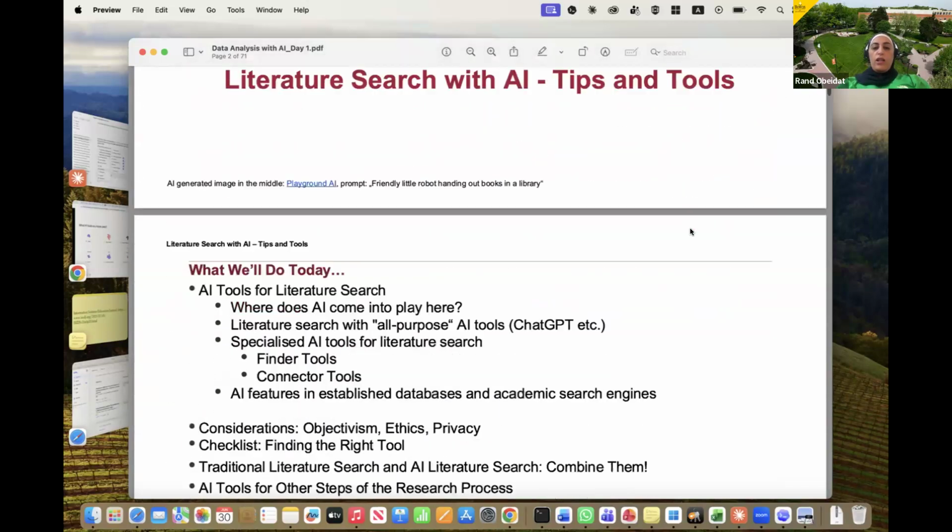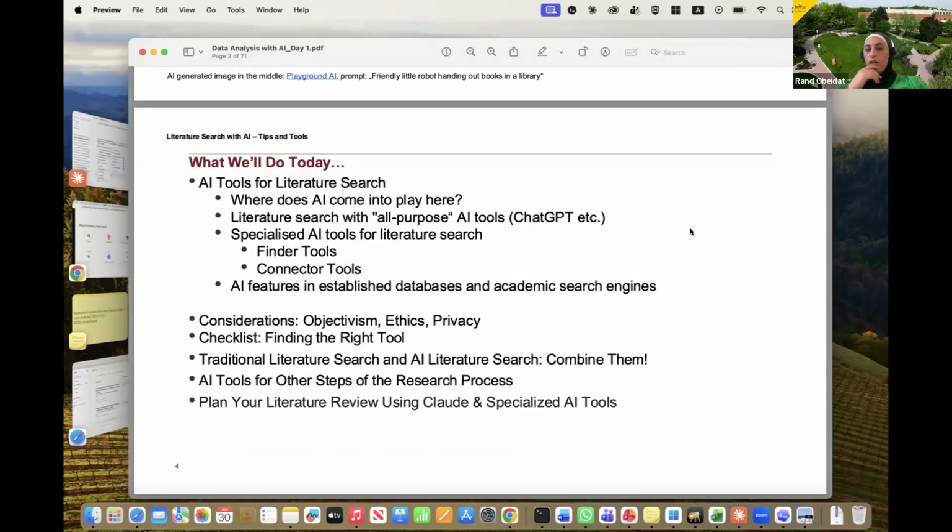Okay. So in today's session, we will discuss where AI comes into play, the literature search with general purpose or common AI tools versus specialized AI tools, the different tools categorized as connectors as well as finders, what kind of AI features are available in the established and traditional databases that we use to conduct our literature review and find articles, considerations including objectivism, ethics, and privacy, finding the right tool and some tips on that,